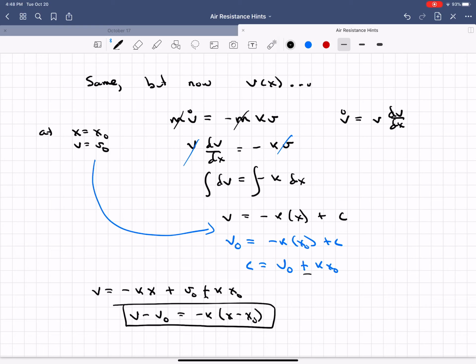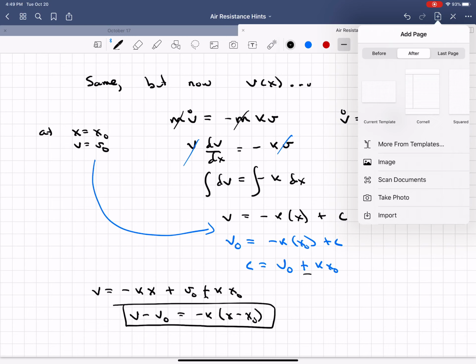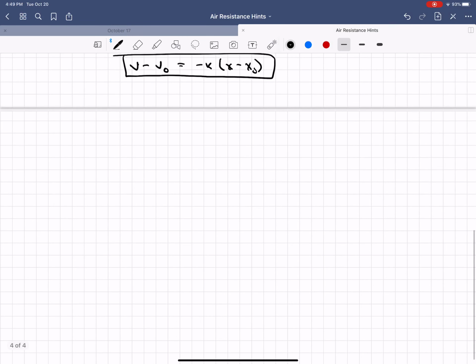And so, you know, this was sort of a simple looking problem. But that's how I would solve for v as a function of x. If I had a more complicated force on the right-hand side, I would do the exact same thing. Now, these were the simplest possible ways of doing it. So let's suppose when you're doing the problem,